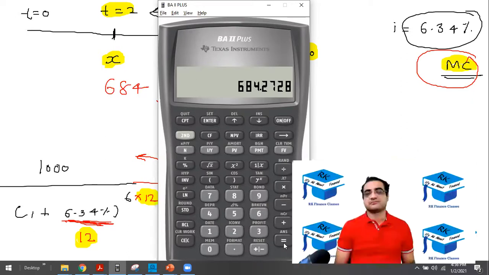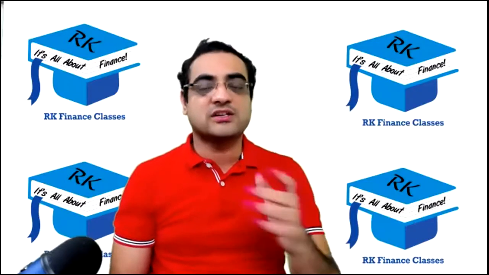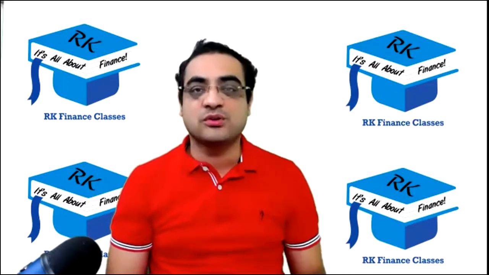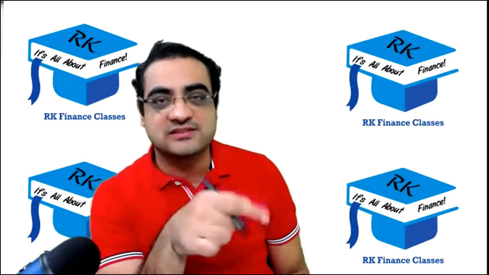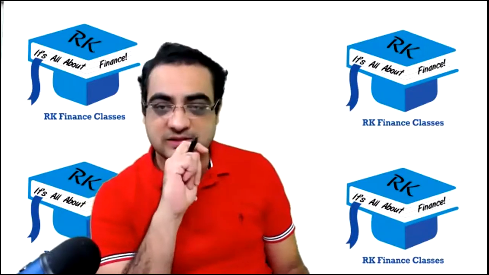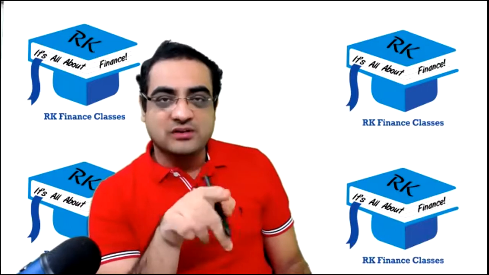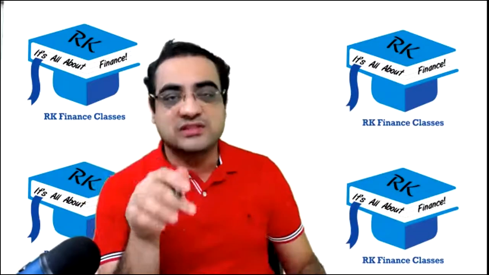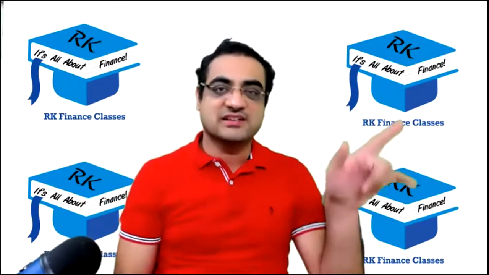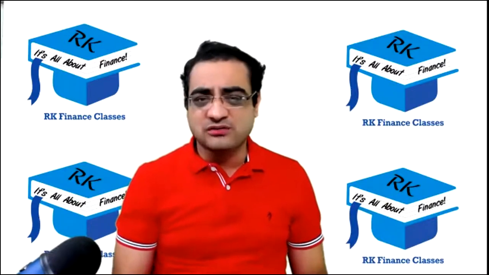Perfect. All right, so this was one type of question that I wanted to help you with, and one function that you explored in this way was that 1 by x function. One final example on this, and then we'll move on to the series of cash flows, which is called an annuity, for which we'll discuss another function of the calculator. But before that, let's take one final example.